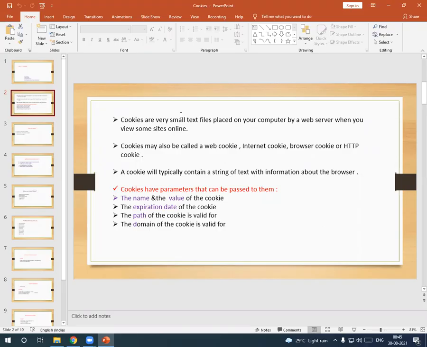So cookies are stored at the browser side, at the client browser, and placed by the web server only. Cookies have some parameters: name and value we can set, expiration date, then path of the cookie and domain of the cookie.